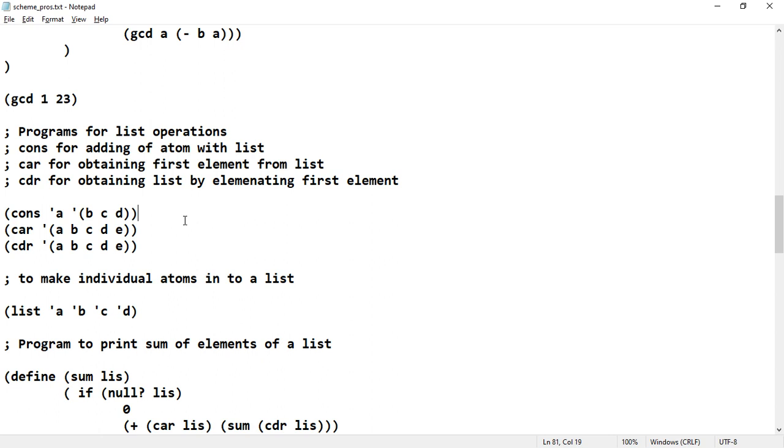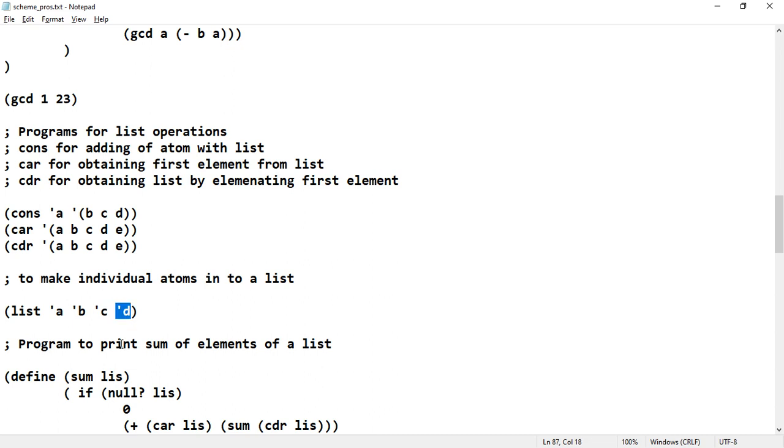Now if you want to make a list of independent atoms, then you are supposed to use LIST. You have to mention the independent atoms. Then the result will be returned in terms of a list, that means within brackets A, B, C, D.